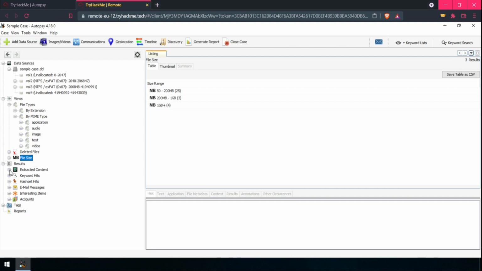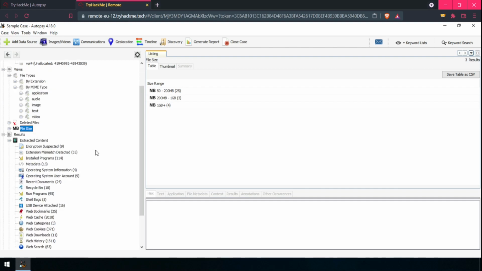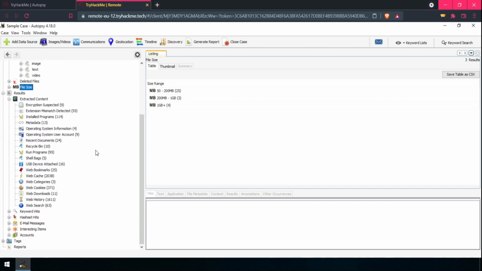If I expand the extracted content, we see a lot of sections and subsections here: encryption suspected, extension mismatch detected, installed programs, metadata, operating system information.